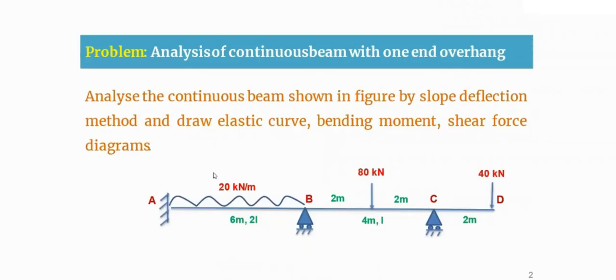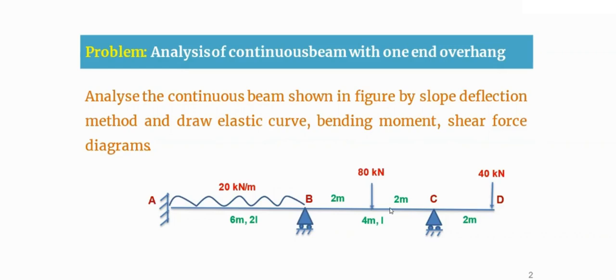The problem. ABCD is a continuous beam. In this beam, you're going to see AB has a UDL of 20 kilonewton per meter, which is of 6 meter span, and the moment of inertia is 2I. Whereas for BC span, it is 80